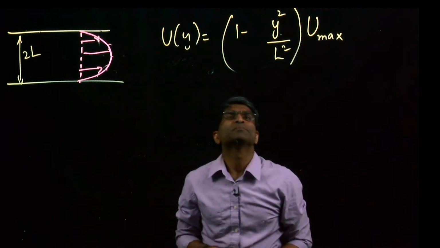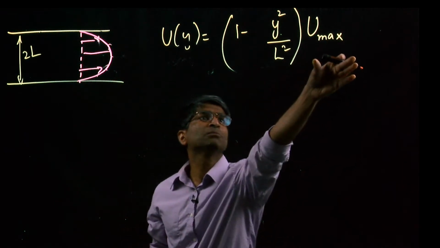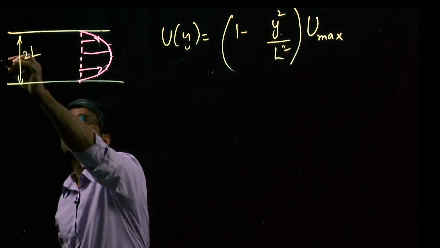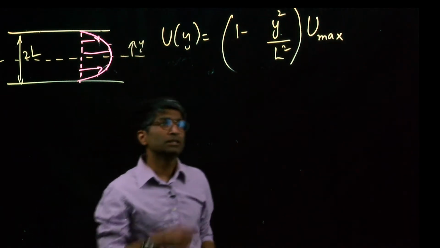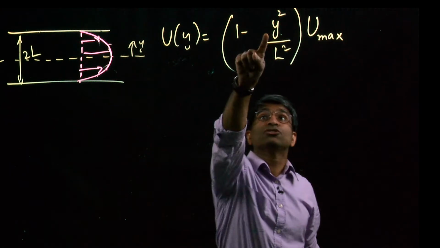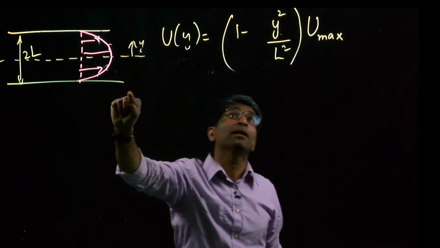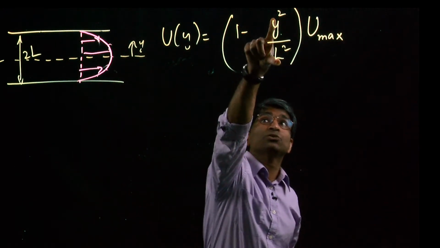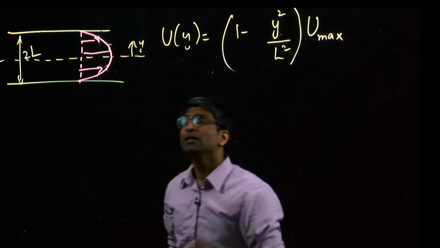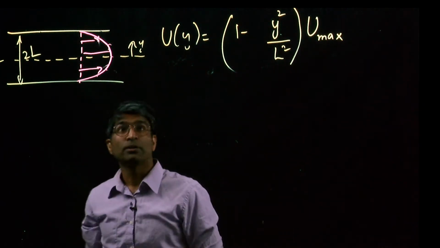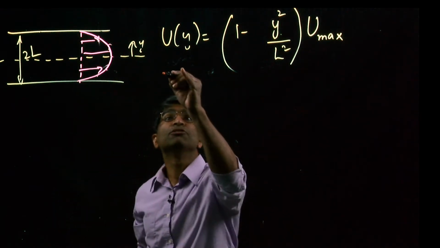line velocity. So that tells me that my velocity profile has a maximum at the center line, which is where y starts. So for y equals 0, my velocity is u max, and at y equals plus or minus L, this term essentially is 1, so 1 minus 1 gives you 0, so the velocity is 0 at the wall. So this is a velocity profile that is actually encountered in practice, and the question is, so if this is given,